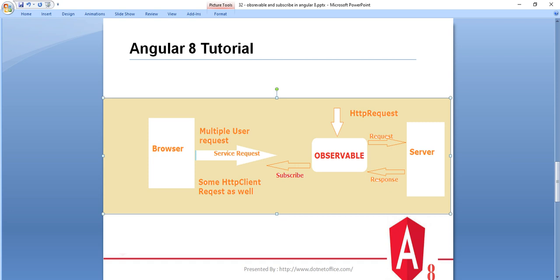So this flow diagram helps us understand: from the browser we are sending the service request, and then the Observable takes the HTTP request and sends it to the server and gets the response. This response is managed by the subscribe, and then we attach this subscribe to the browser back, giving the response to the browser, or we can say to the user. So that is the basic flow diagram of this